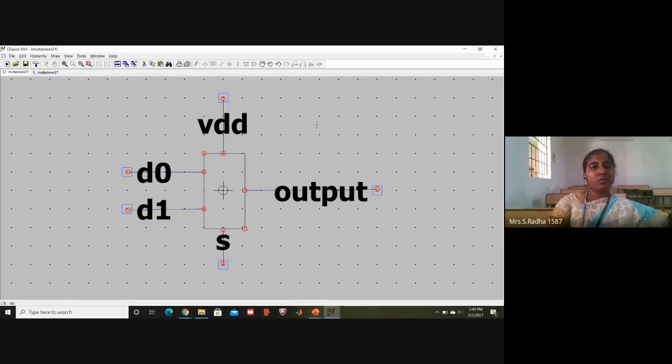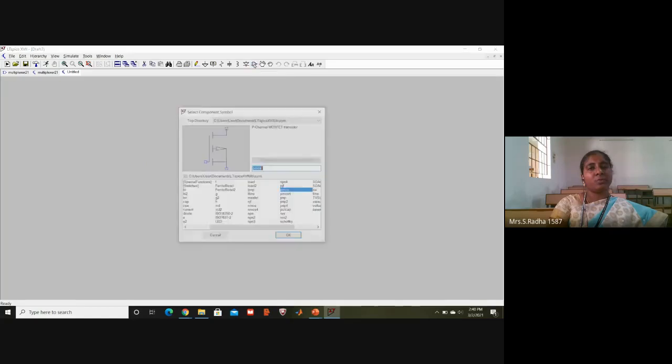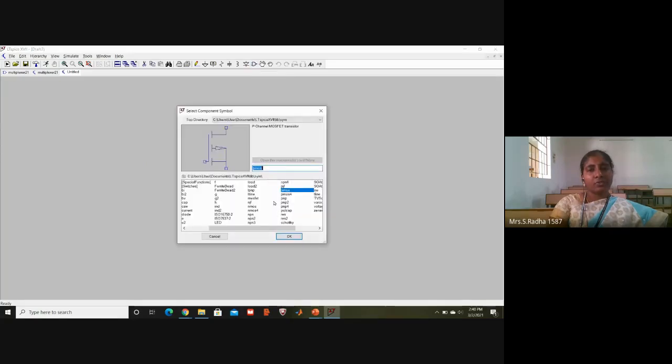Now I will go to a new schematic. I need to draw a 4 by 1 multiplexer. If you go here, you have to change the path. Here it is already in symbols. You go to the drop down and go over here: 2 by 1 multiplexer.